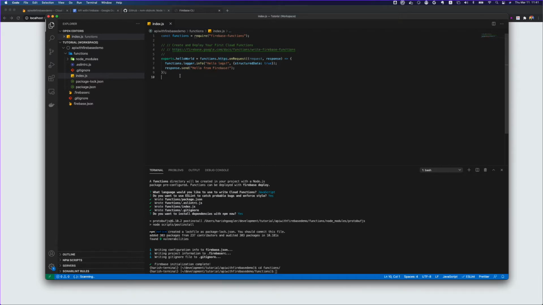So by default it's giving you one sample here, but today I need more control over the routing of my API. And if I do it the way the example is given, I will have to keep creating different functions like helloWorld, or maybe if I want to create a books API, or update book, or delete book, I will have to keep adding function after function after function.